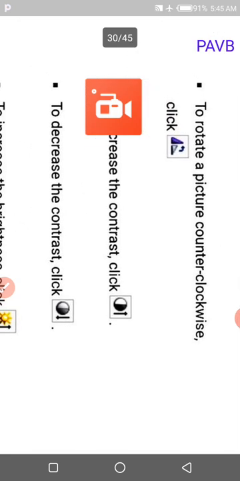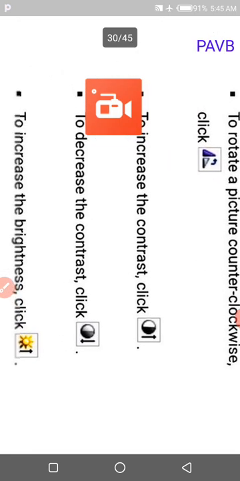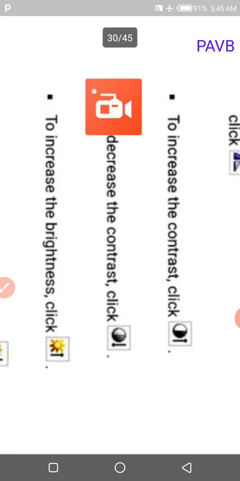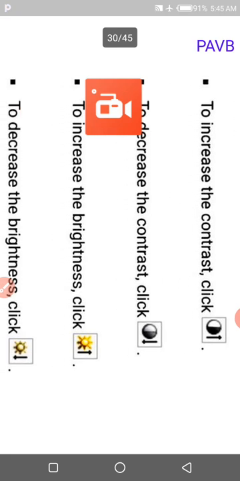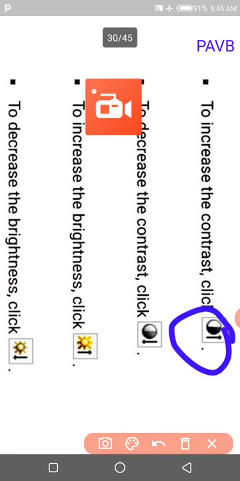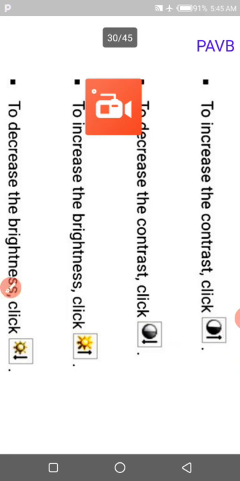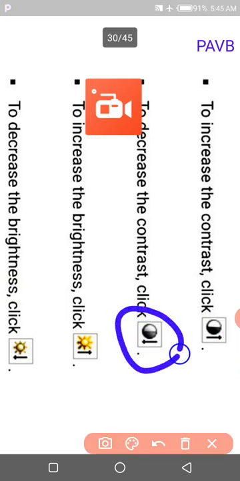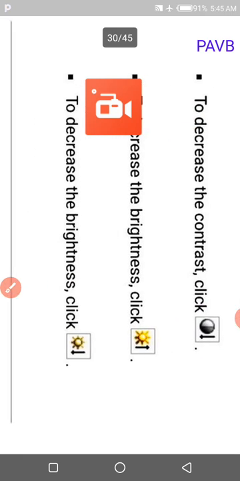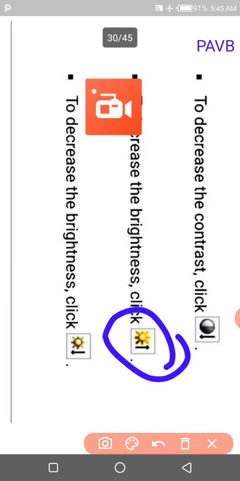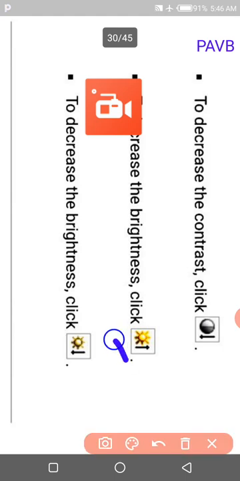To rotate the picture counterclockwise, use the other icon. To increase the contrast, click this icon. To decrease the contrast, use this icon. To increase the brightness, click this icon. To decrease the brightness, click this icon.